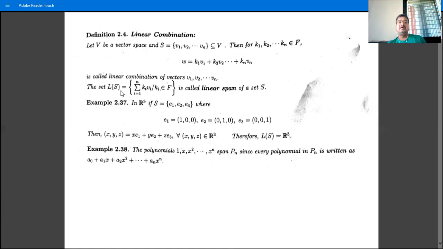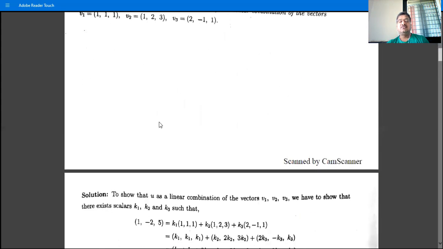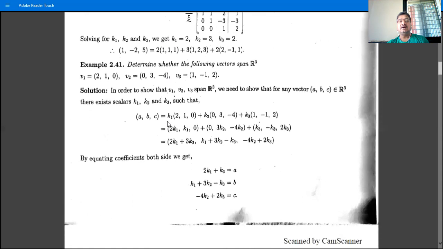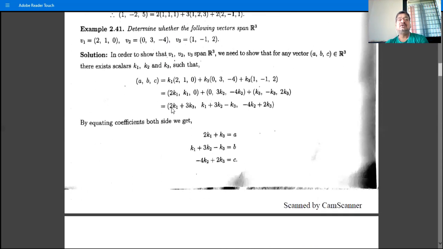When we say S spans V, if L(S) is equal to V, that is, if every vector of V is expressible as a linear combination of vectors in S. So we have to determine whether these 3 vectors span R3. These 3 vectors span R3 if every vector of R3 is expressed as a linear combination of these